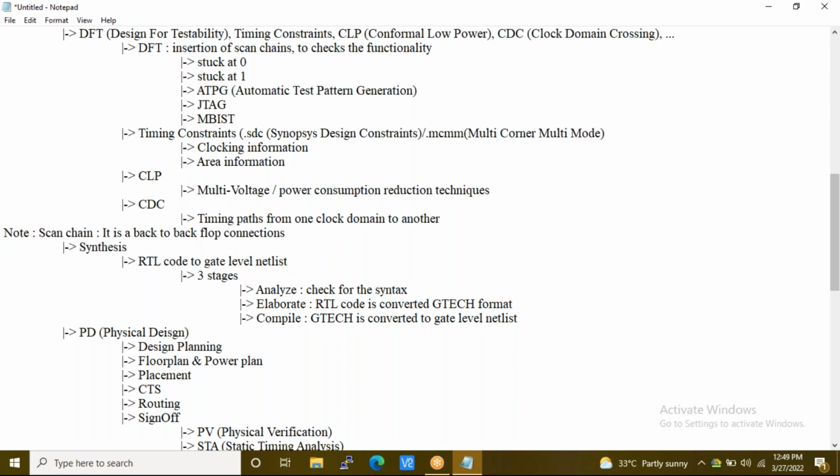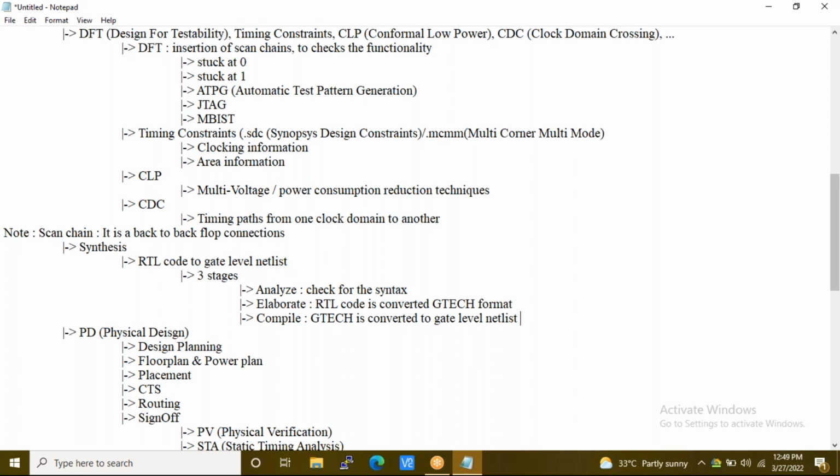So after this compile stage, there is a chance of naming change also. The name change can happen during this compile stage because the tool is trying to optimize, and new cells might be inserted for better timing.